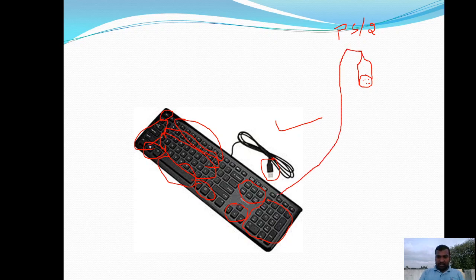So the keyboard is connected with a cable, and at the end of that cable it looks something like this. This kind of keyboard is called a PS/2 keyboard, and it is connected to the PS/2 port. Wireless keyboards are also available nowadays. Okay, so the most frequently used type of keyboards are USB keyboards.